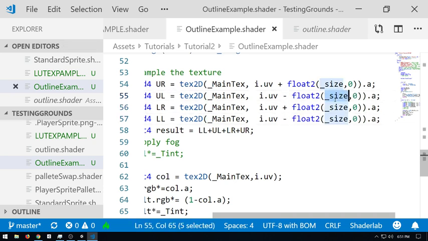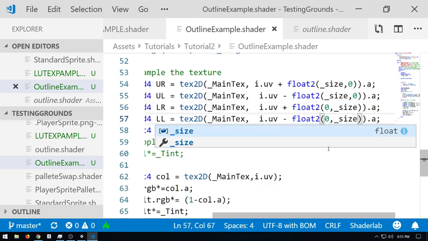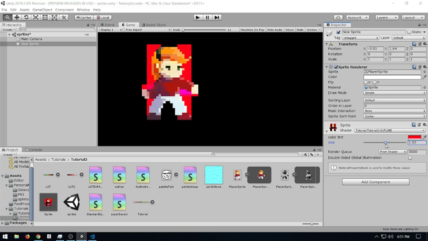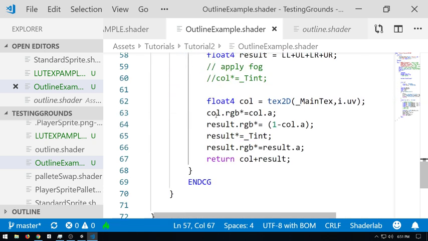Minus. Check out the math. Why is it changing the size? color.rgb is equal to col.rgb.